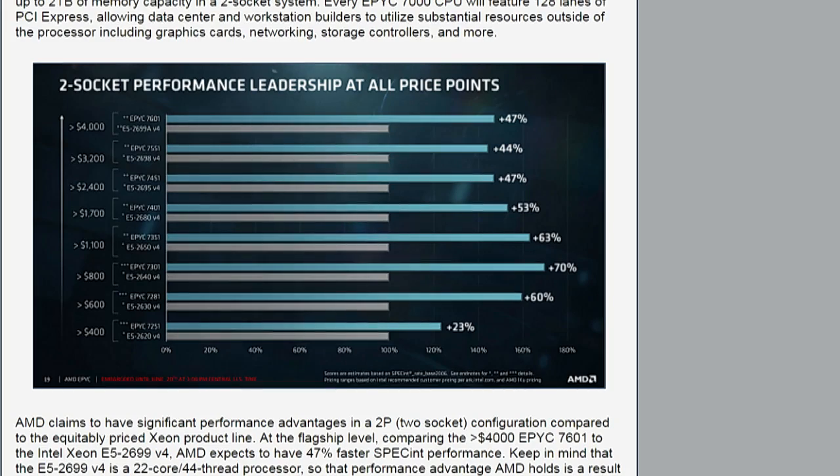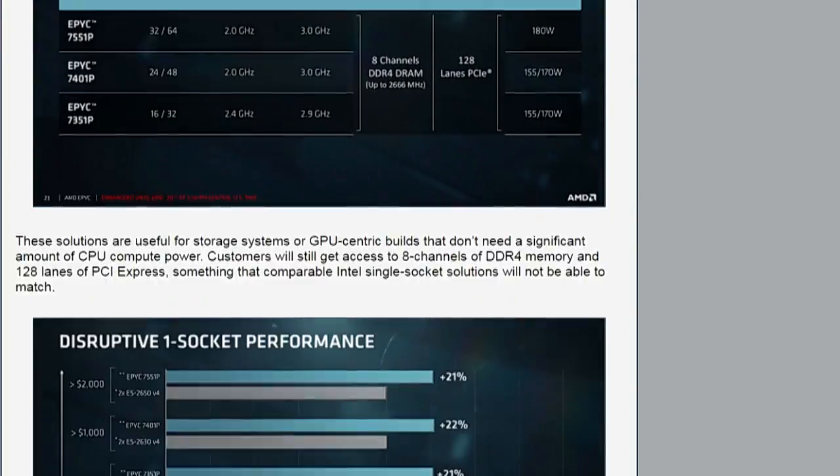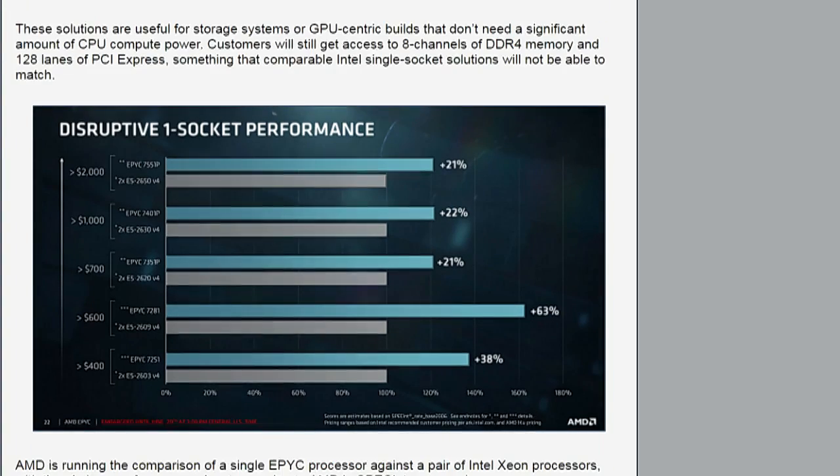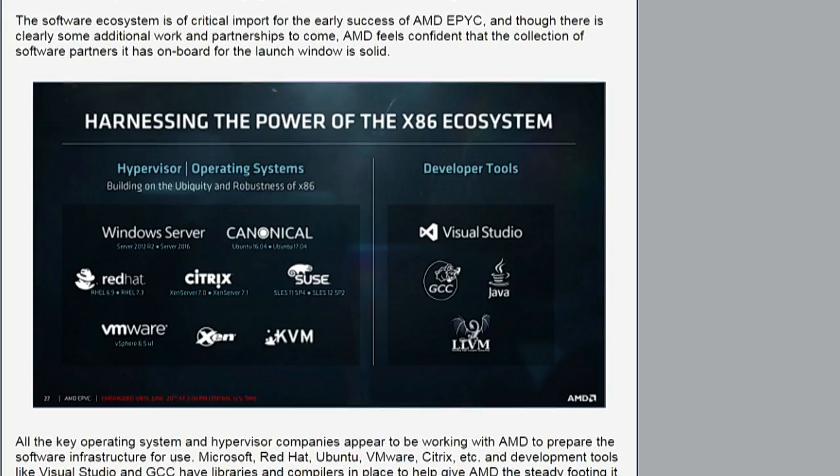The Xeon E5 2699A V4 is a 22 core part. So you're talking about a 45% difference in core count. So that tells you where that performance delta really comes into play. But it's still a strong play in a market that needs competition and loves the idea of improved value and improved density. And they get improved density from